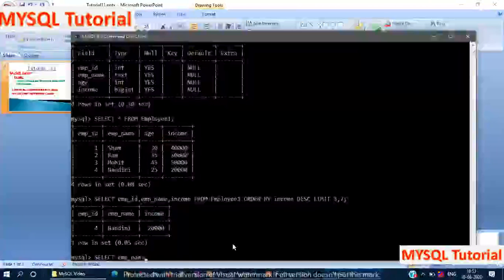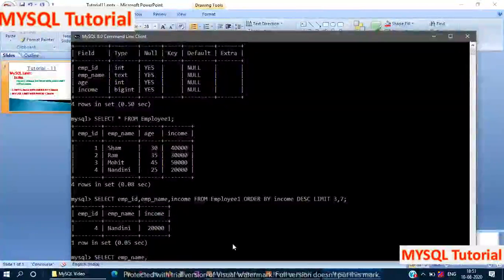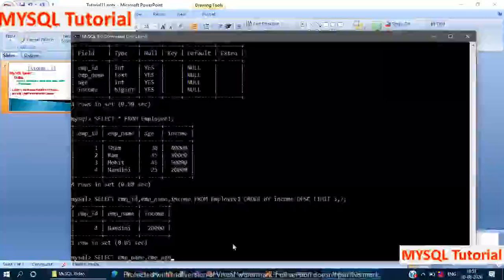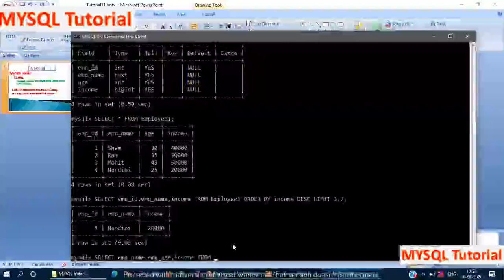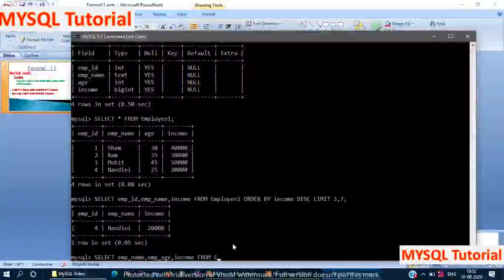Here you can specify the list of columns: employee name, then employee age, then his income, from the table name. The table name is employee1.